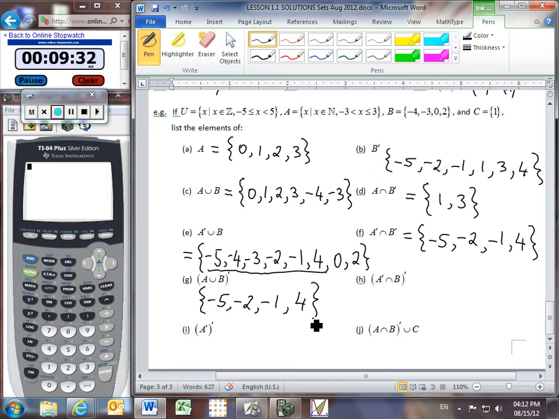You might notice that the answer to part F and the answer to part G are the exact same. And I'll just make a little quick side note about that. There's a reason for this. If you look at part G, A union B not,